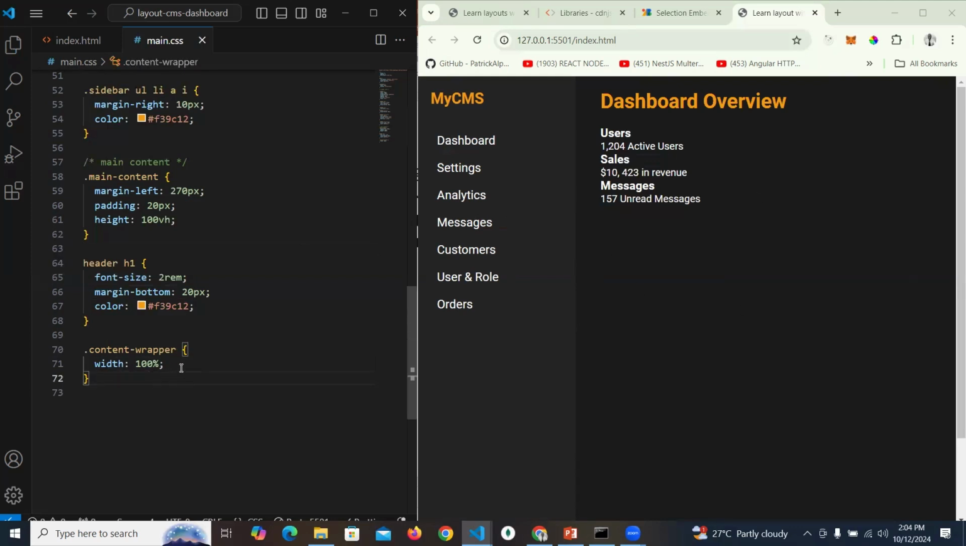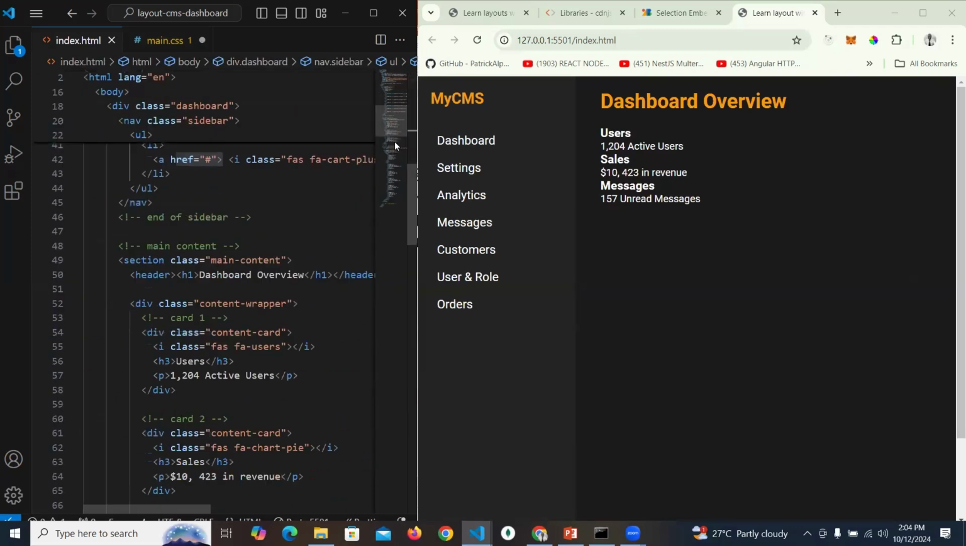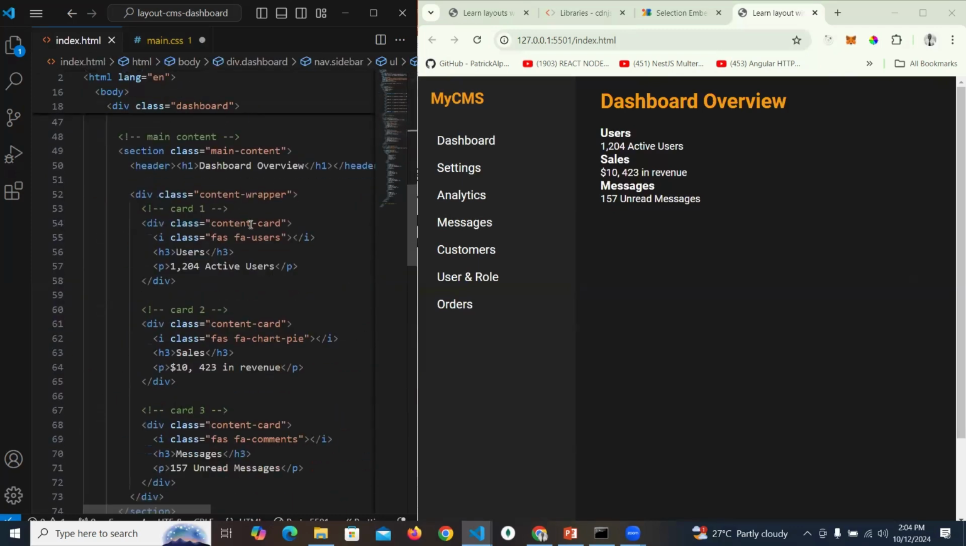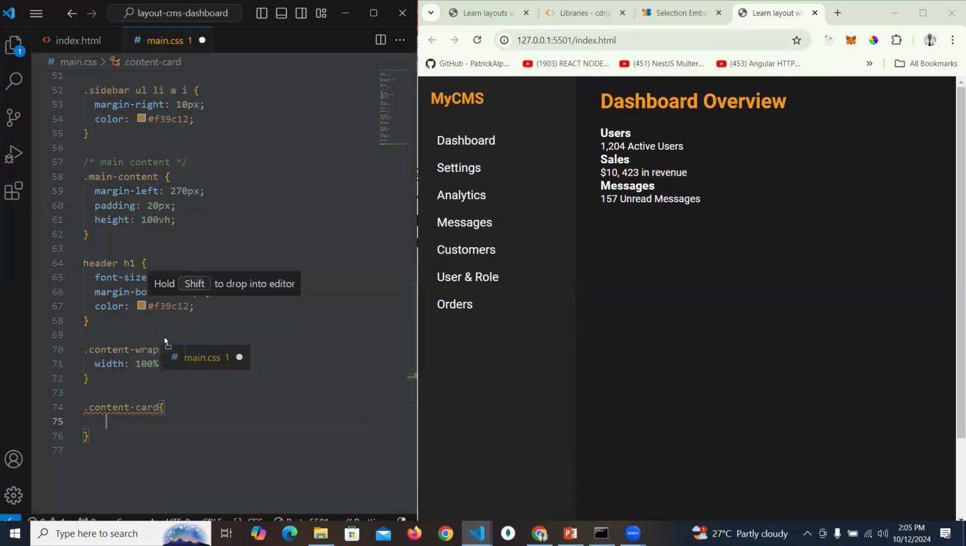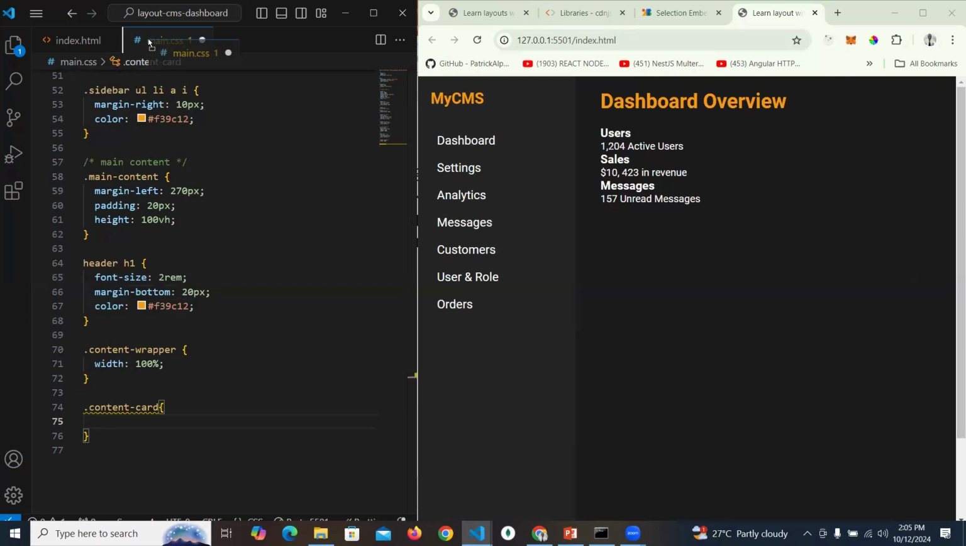Then we want the dot content-card, right? Those are the cards that we have, dot content-card. Again, let me just click on here. If you check here, these things are here, you can see content-card. That's what I'm trying to style. So dot content-card, I don't want any